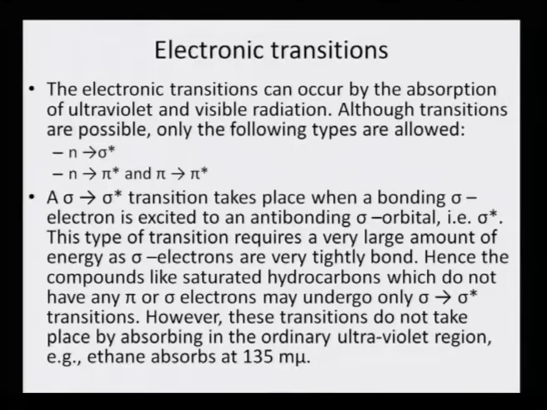So, if one tries to look at these transitions, you will also understand that what is allowed is n to pi star and pi to pi star. Now, if you try to correlate with the auxochromes and the chromophores, you will see that pi to pi star is a typical case of using the chromophoric electrons. Chromophores are pi electron containing groups. So, it is the excitation